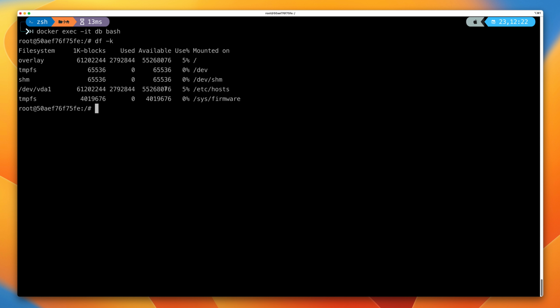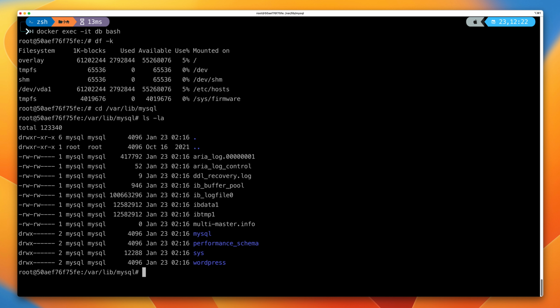And notice how there are no externally mapped drives or mounts. All the storage that this container uses is within the container. And this means the storage is linked to the lifecycle of the container. If the container is deleted, then so is the storage. Now, why this is important, if we use this command and go into this folder, and then do an ls -la, these are the MariaDB database files.